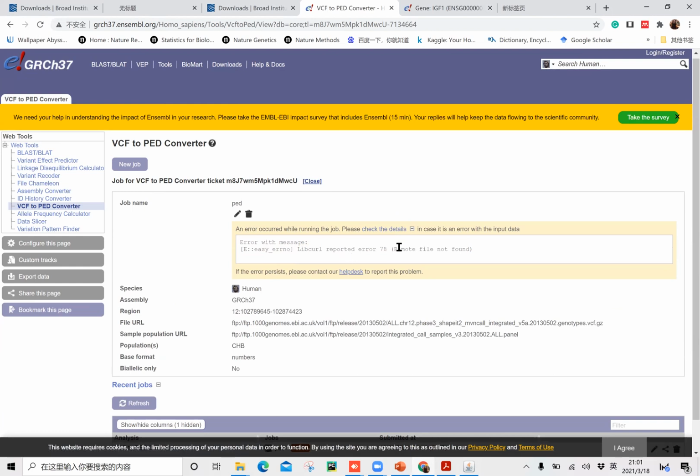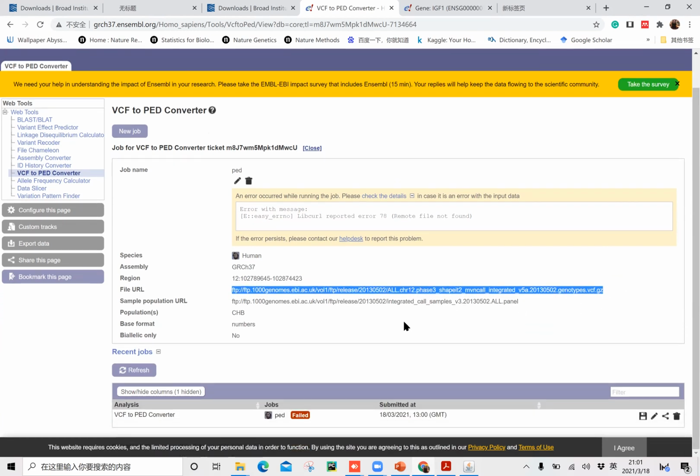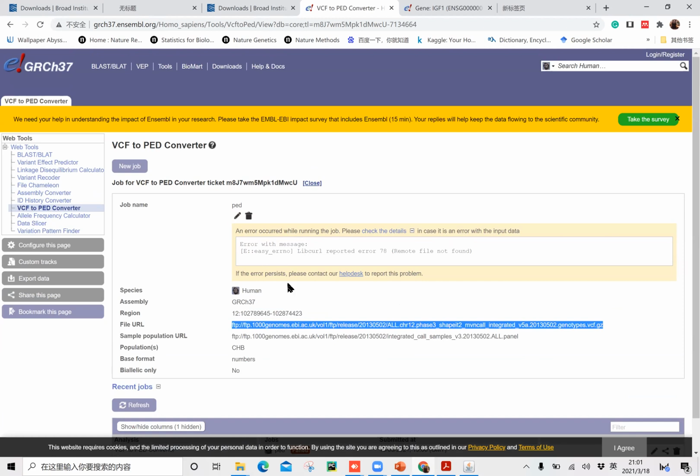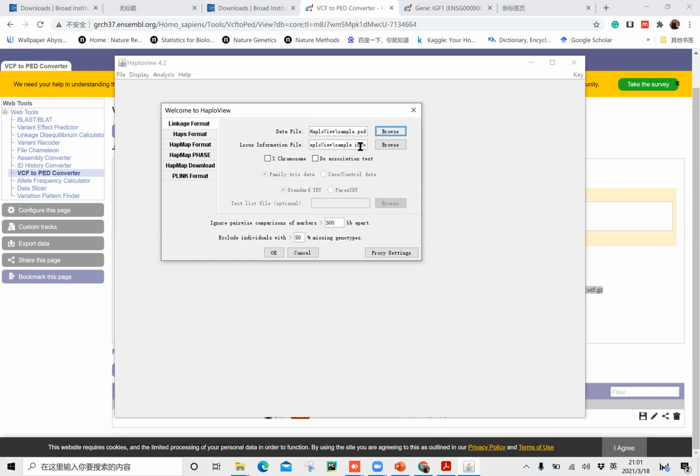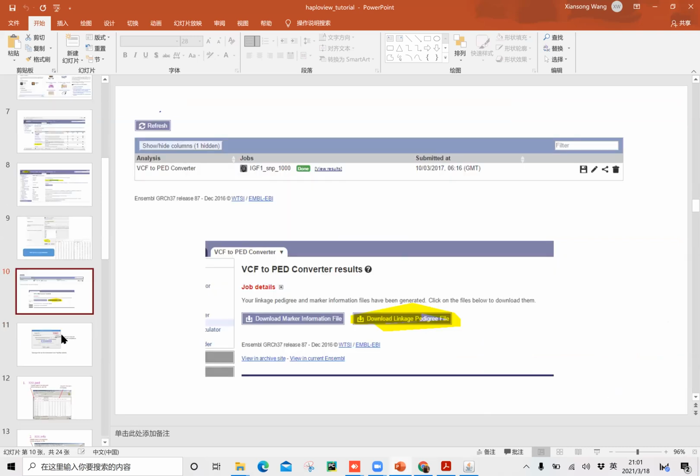It shows the remote file was not found, so they could not find this remote file. I don't know why, but when the ensemble works fine, you can try it later. Maybe not today. Luckily there is an example file here, and in my PowerPoint,